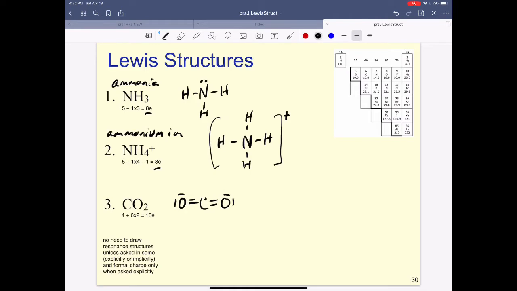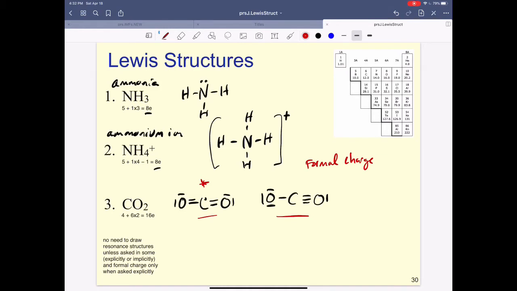You may have done a triple bond on the carbon, and carbon to the oxygen. However, if you have done that, you would notice that you would have formal charge. And so if we check the formal charge, which you never have to do for AP unless they ask you explicitly. So if by chance you were asked for a Lewis structure of carbon dioxide, they would actually accept either one. I would hope that you would know it would be this one,